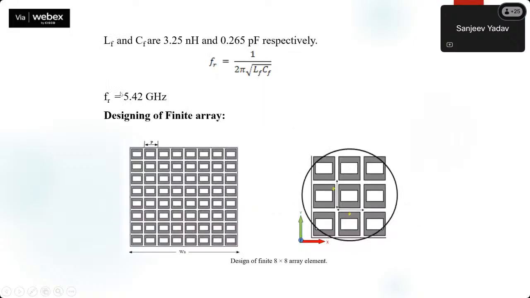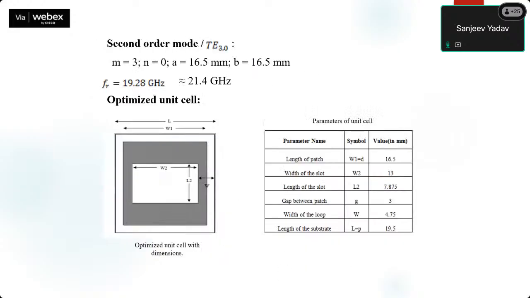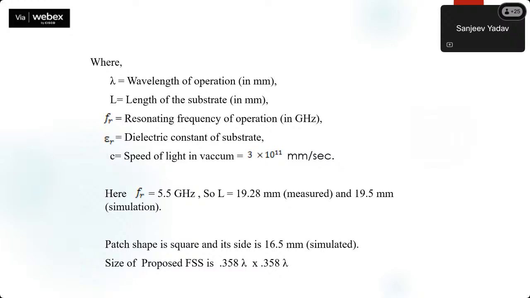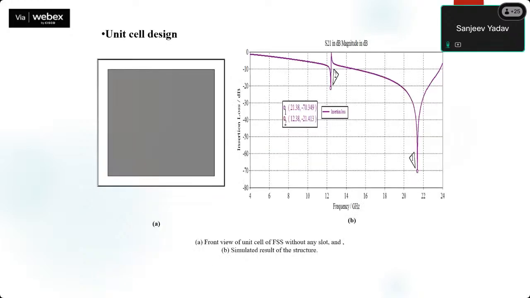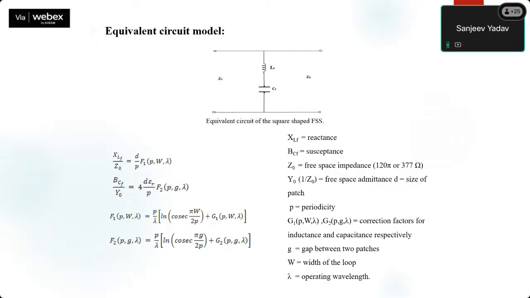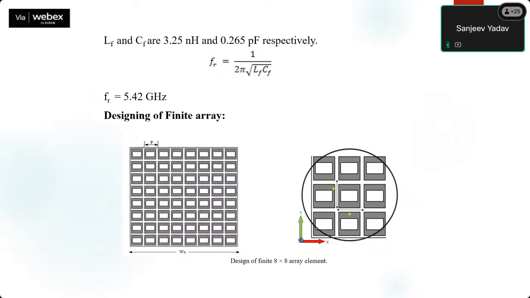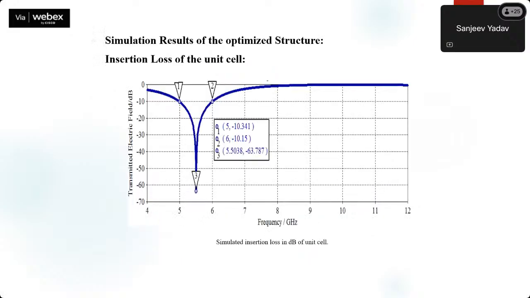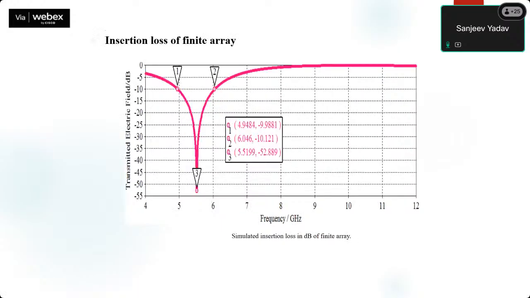And from doing the equivalent circuit analysis, we got 5.42 gigahertz, which is approximately near about 5.5 gigahertz. So we have started from this structure, from calculating the values, and then we have simulated the structures, and after simulation we have gone for the equivalent circuit analysis, and then again we are getting the similar result. And this is the array designed for the same structure, and these are the final simulated results, which are showing for 5.5 gigahertz. You can see here for the T mode as well as for the